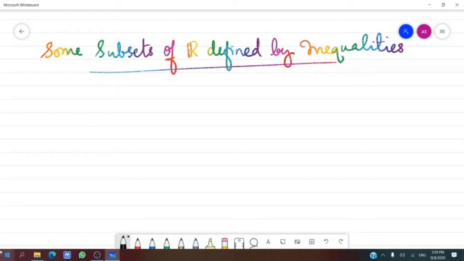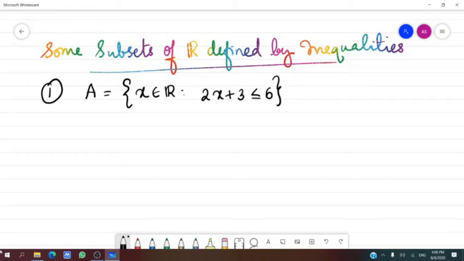ഫസ്റ്റ് വൺ ടെക്സ്റ്റിൽ കൊടുത്തിരിക്കുന്ന ഒരു എക്സാമ്പിൾ, set of all real numbers. A is a set of all real numbers such that 2x plus 3 less than or equal to 6. 2x plus 3 less than or equal to 6 എന്ന് പറയുന്ന inequality represent ചെയ്യുന്ന സെറ്റ് ഏതാണ്? Subset of R. Set of all real numbers ആണ് x such that 2x plus 3 less than or equal to 6. അപ്പോൾ നമുക്കറിയാം 2x plus 3 less than or equal to 6 means